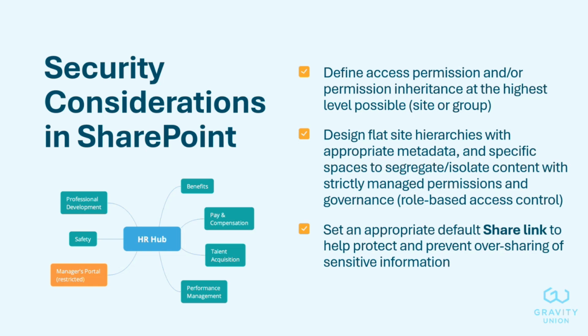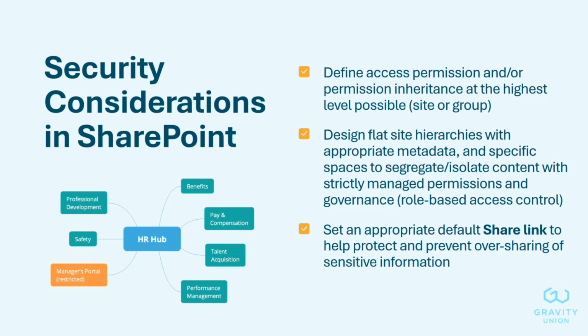So it is possible to set a default share link configuration when users do that. This is, of course, the fastest way to share a file. So it's important to have the default inherit this existing user access over the more permissive level of all organization wide. So this is something that you can set at the tenant level. So you can disable things like that anyone can use this link as being the default or even being available for end users to use, as well as